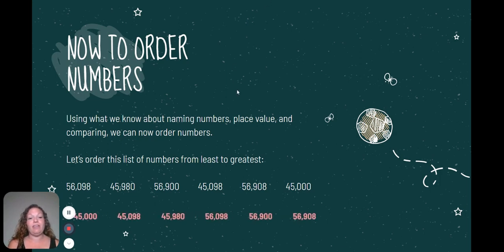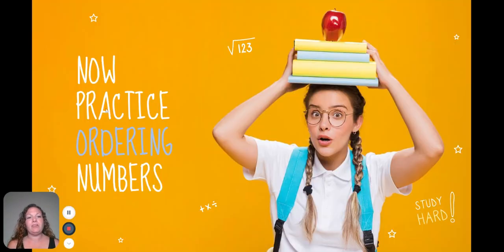So let's see if we have that correct. Awesome. So we have 45,000, no hundreds. Then we have 45,000, no hundreds with 98. Then we have 45,000 with a 980. And then we start our 56s. So we have 56,000, no hundreds, 98. 56,000, 900. 56,908. This will become easier to you if you keep lining things up. All right, so now you're going to practice ordering numbers on your